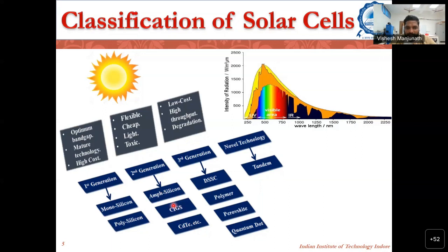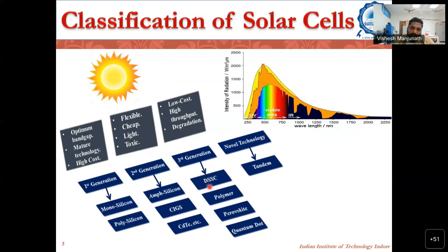However, the main outcome of the second generation solar cells was that people started understanding that we can actually make solar cells which are flexible. You can roll it, and because of this flexibility and making it out of thin films, you can actually print it like a newspaper. You can do batch processing, you can do roll to roll fabrication, and you can actually scale up the technology. And then the latest third generation solar cells, which are quite fascinating,